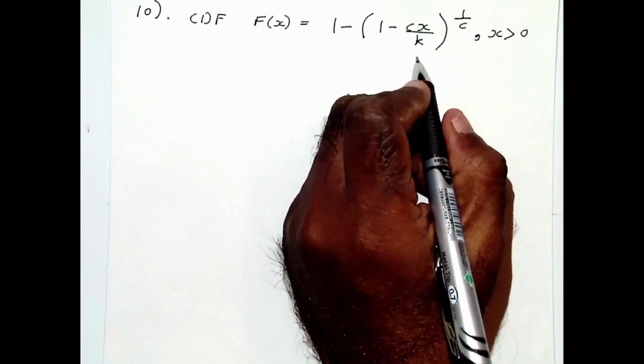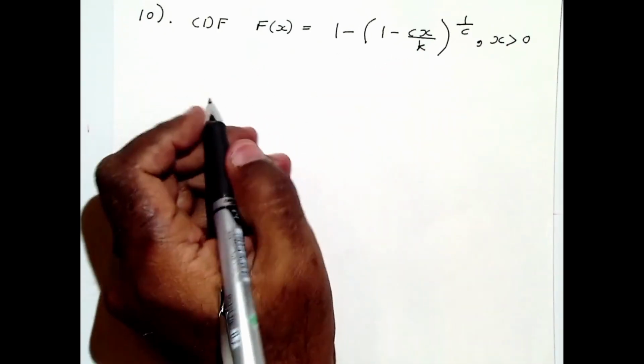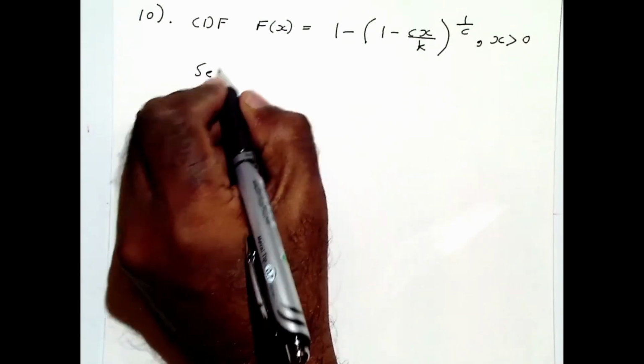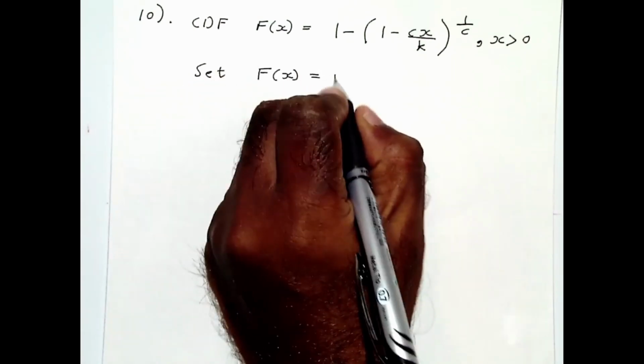Now this is the generalized Pareto distribution which we talked about much earlier on in this course. So to find the VaR, you set the CDF equal to P,